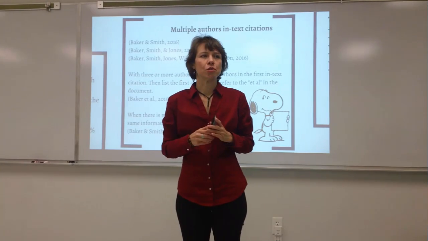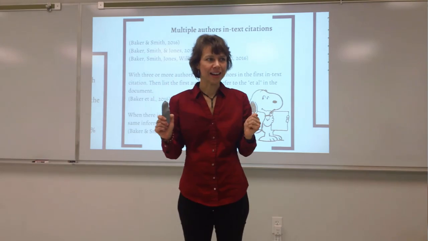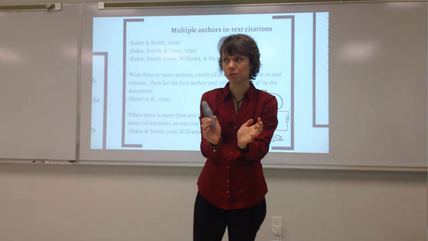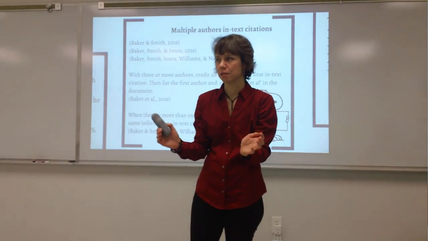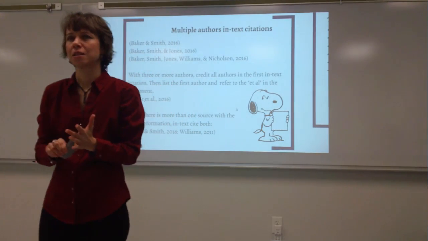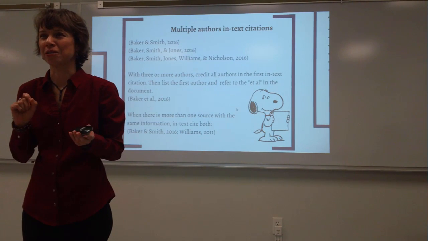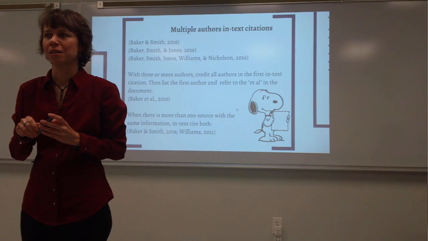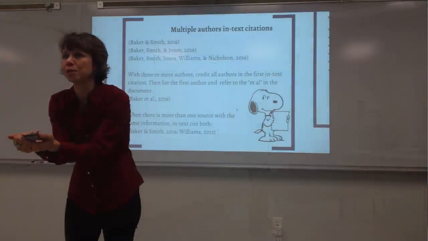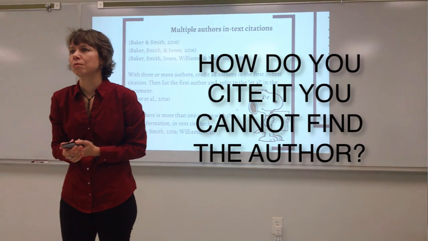Okay, let me ask you a question. You're reading something and the author cites another author, but you want to use that piece of information. Who do you cite? The original author. If you can find the original author. Let's say that you can't find it. Let's say it's not listed in EBSCO, where you found the information. So if you don't find the author, you don't put the name of the website